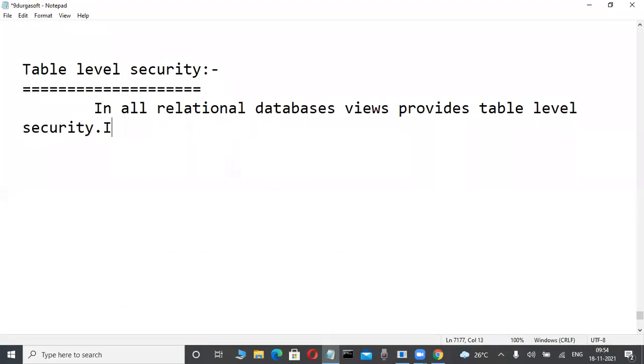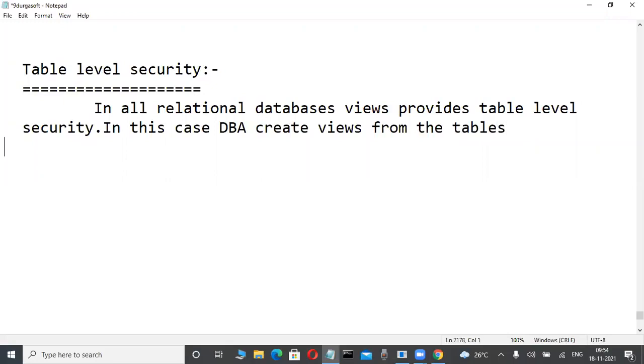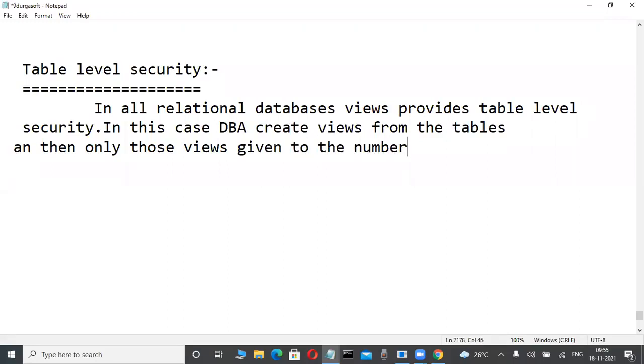In this case, the database administrator, DBA, creates views from the tables, and then only those views are given to a number of users